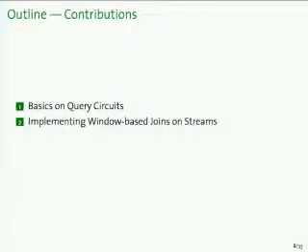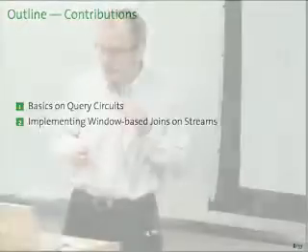So now since I've motivated all of that, what I'm going to show now? I'm going to show first how such query circuits look like and how you translate our queries. And then I want to spend some more time on how you would implement stream-based window joins. Database people are all after joins, and here's a nice idea that makes use of FPGA logic and the parallelism the FPGA provides, and that perfectly scales within a chip and across multiple chips. So that's where I will spend most of the time for this talk.